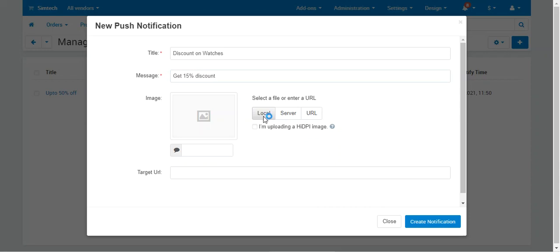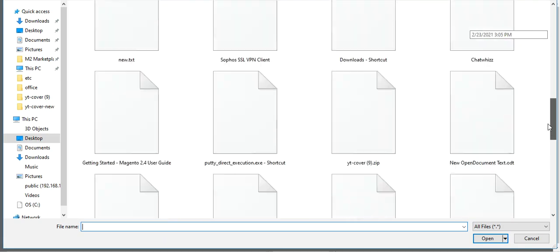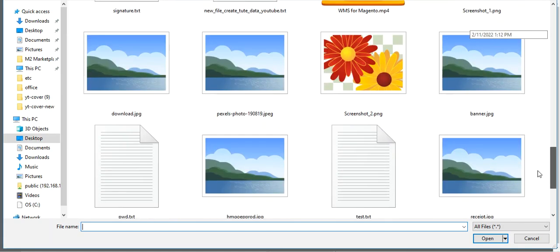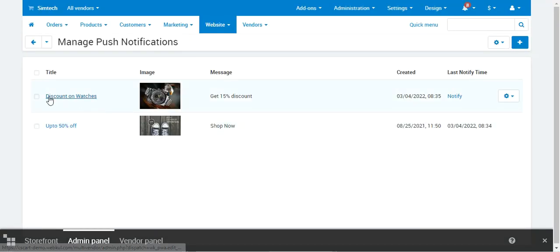I'll add one image, so let me add an image for this new push notification there. I'll set the target URL, so whenever any customer taps on this particular image, they'll be redirected to the target URL that we have entered within this section. And then we'll tap on the create notification button. So you can see that the notification has been created with the title discount on watches. The image is there, the message is get 15% discount, and from here we can notify the customers